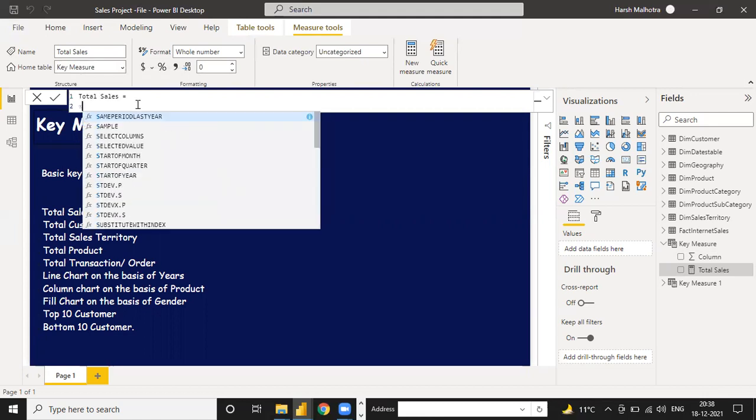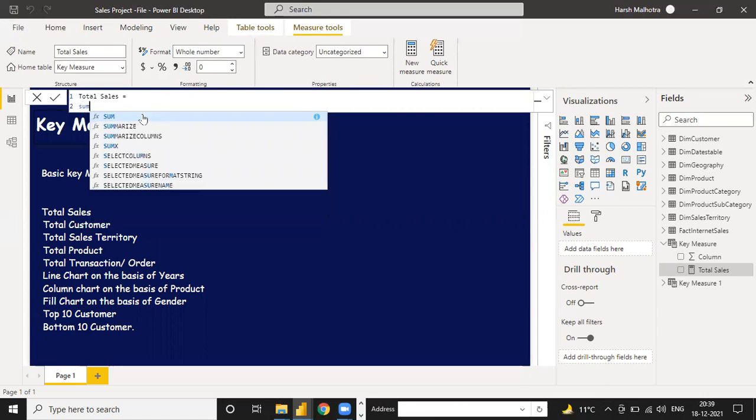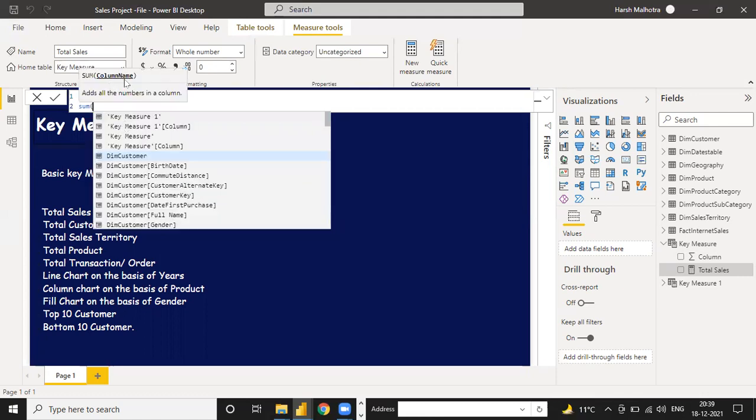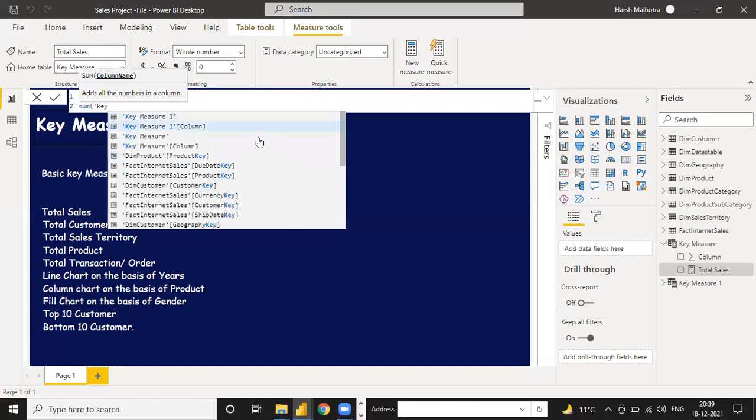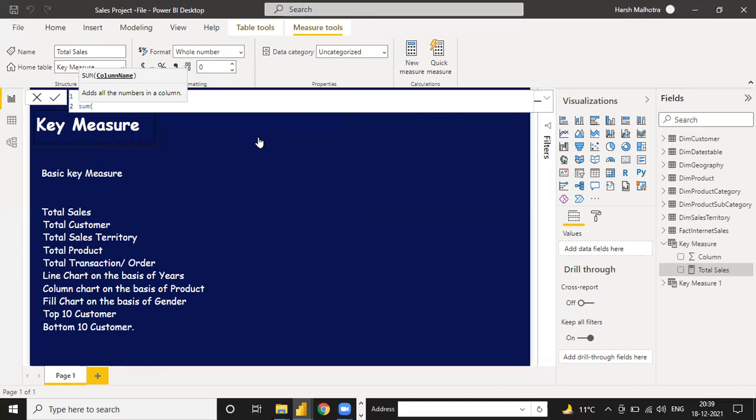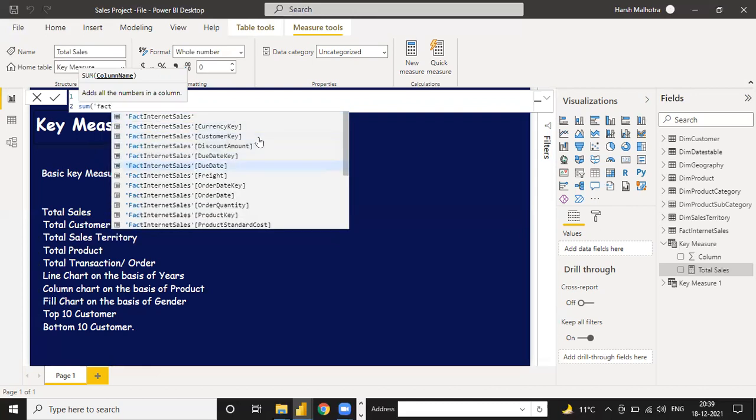See, if you type sum and press tab, these are the functions: sum, summarize column, sumx, select column, select measure. These are all the measures. And if we need to sum only, then we need to choose the column name. Under this, we are going to use fact internet sales, and then we can use sales amount.